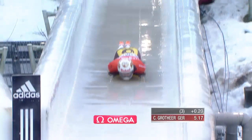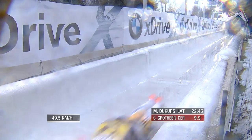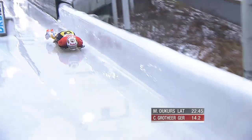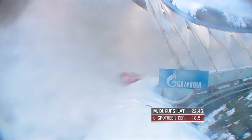But you can also see the shine has gone off the ice. It's frosting at the start already. Well, they got the refrigeration turned up. Yes, they do. 5:17. Again, that's a really good start, except Martins Dukos and Alexander Tretyakov are in an entirely